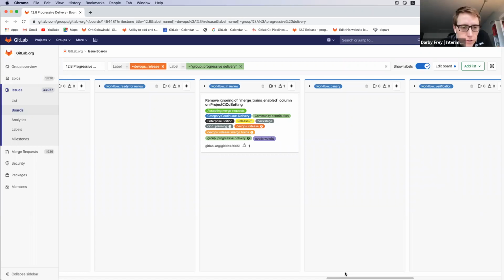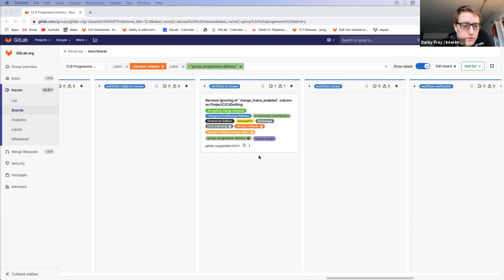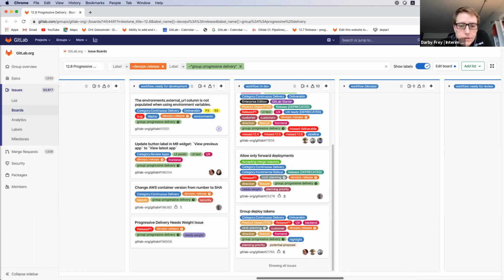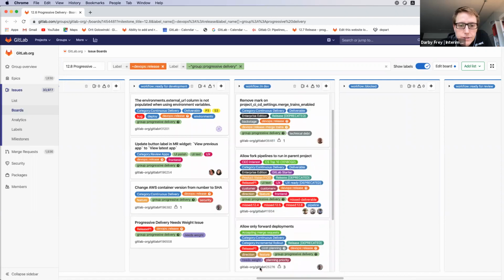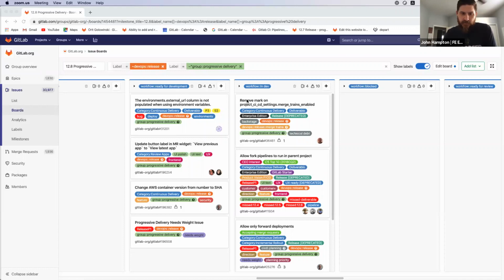I have a quick question on one of the issues in the last column there. This one? No. Scroll to your left, please. The top issue in InDev. This one? Yeah. John, do you know if Sean is actually working on that, or do we need to reassign that? Hey, Darby. Let me pop that open real quick. This one?